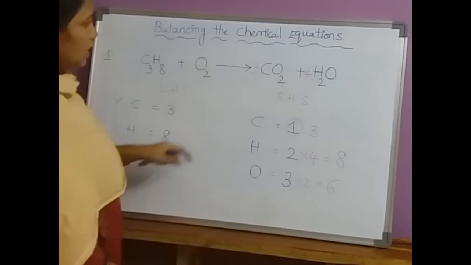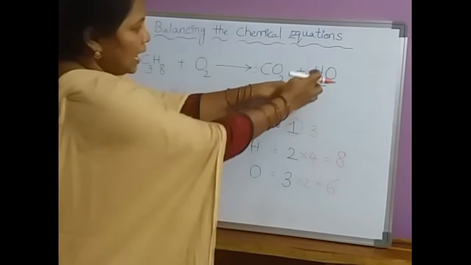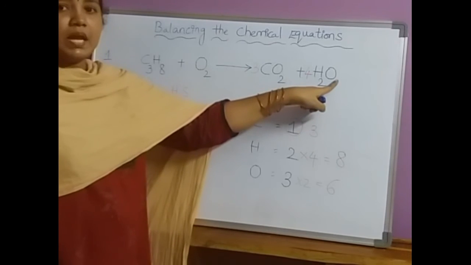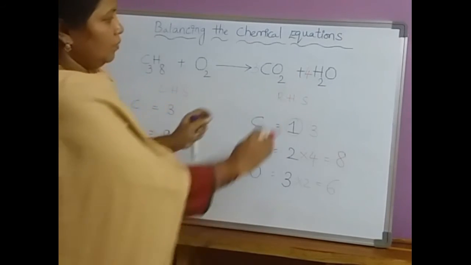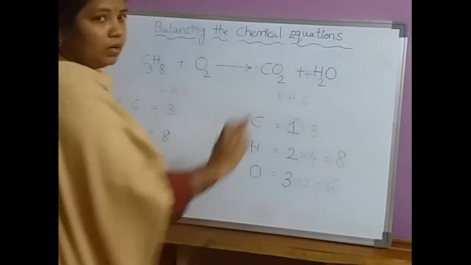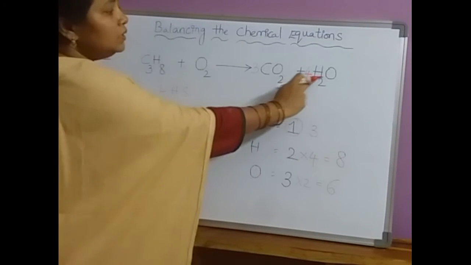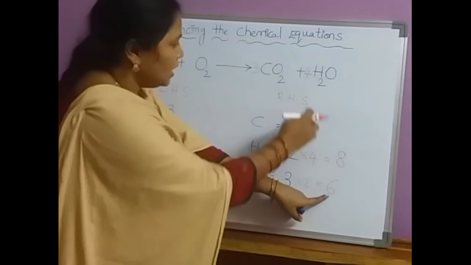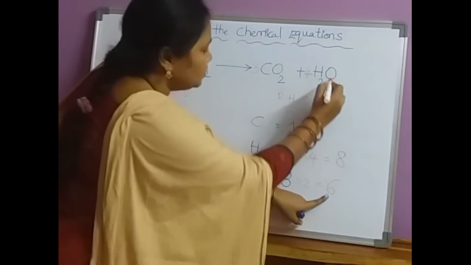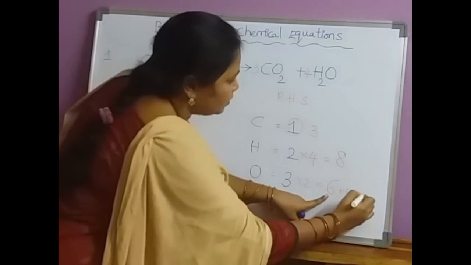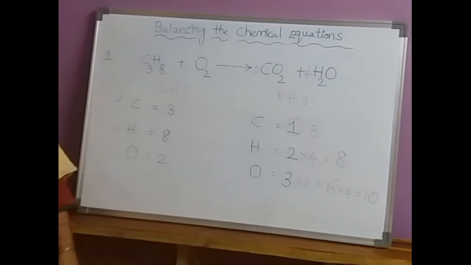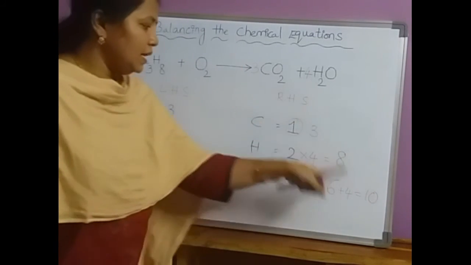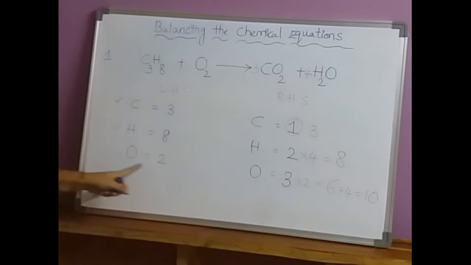Now what happened here, you see, when we write 4 here, not only the hydrogen atoms increased, but also the oxygen atoms. Before writing this 4, we have only one oxygen atom, but when we wrote 4 here, the number of oxygen atoms increased to 4. Already here 6 oxygen atoms are there, RHS side. Now again 4 atoms increased, no? That's why 6 plus 4 is equal to 10. Total number of oxygen atoms towards the RHS side became 10. But LHS side how many? There are only 2. But RHS side oxygen atoms are 10 in number.